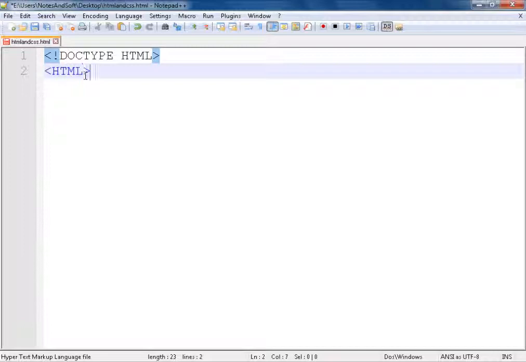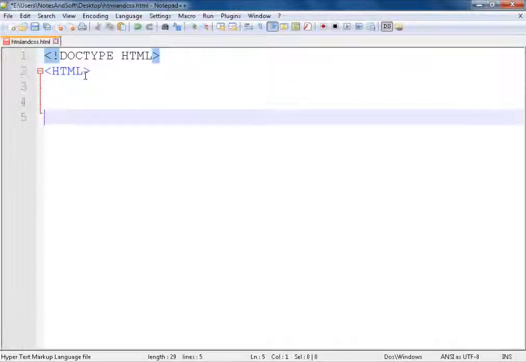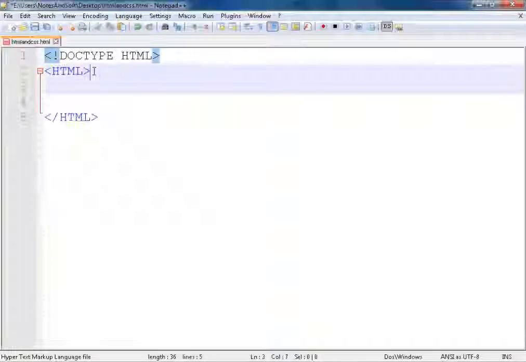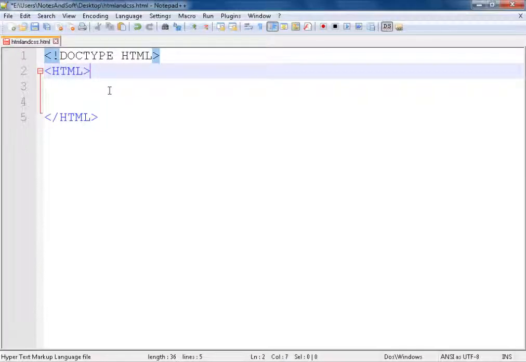HTML, what does it do? HTML is a tag because it contains less than and greater than signs, and it tells that my web page, my website, starts from here